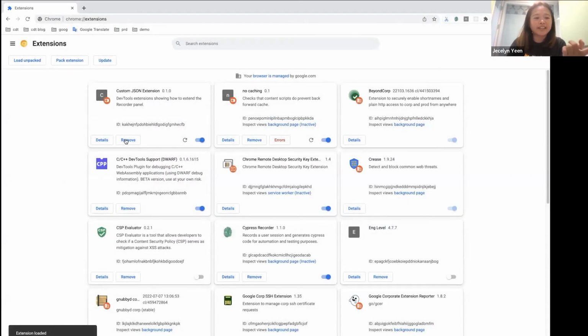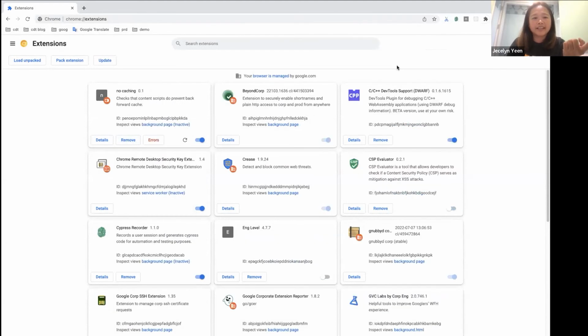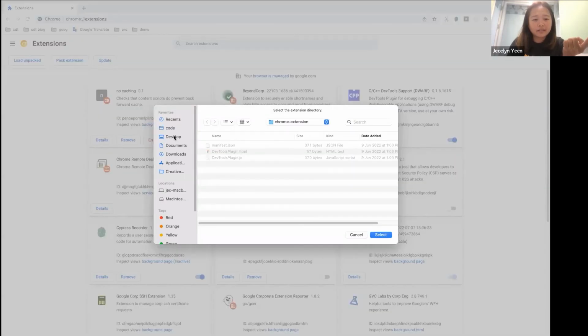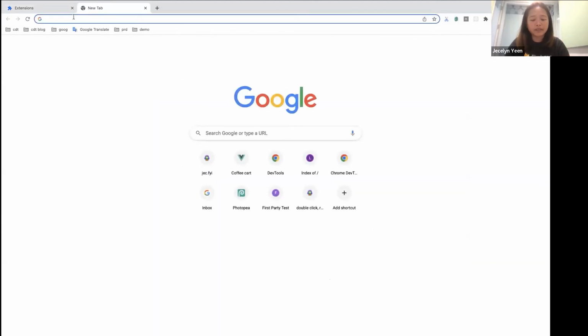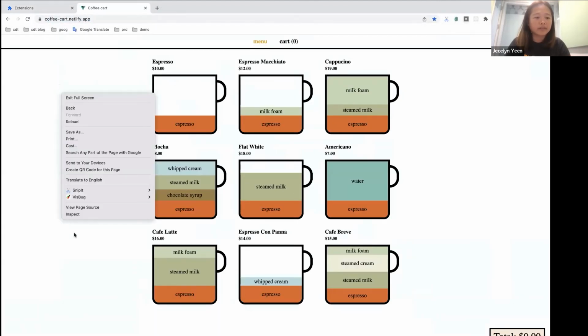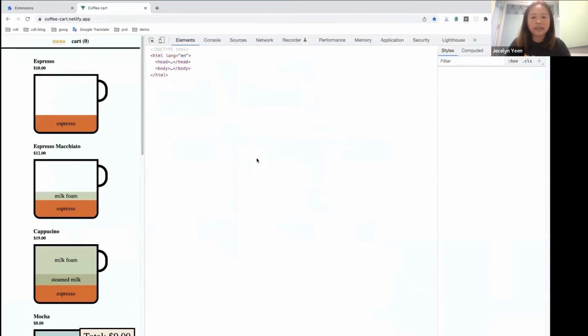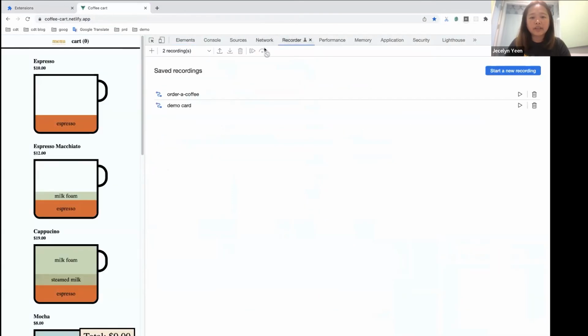And then once you install, okay, before that, let me remove this extension first. And I install it again. I load unpacked, go to my documents, Chrome extension, and I select it. And you can see that the custom JSON extension is installed here. Once I install the extension, I will open a new tab. Let me just click inspect. And in the recorder,